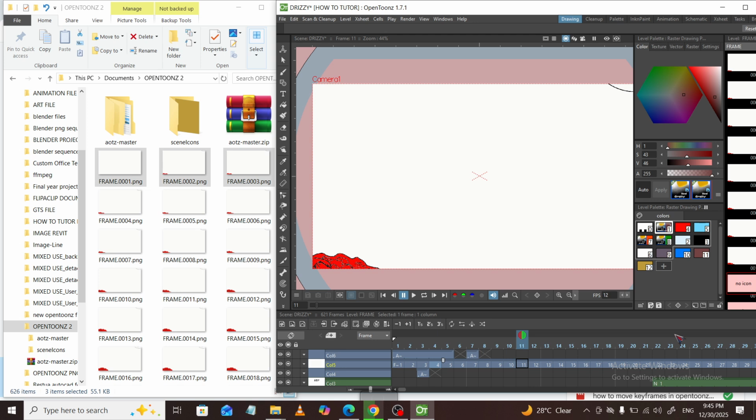When you choose the first image and confirm, OpenToonz will automatically detect the numbering and import the entire sequence in order. Once it's loaded, you'll see the frames populate down the rows of the column, one image per frame, all grouped as a single animation level. This means you can move, edit, or manage the sequence as a unit while still keeping each frame in the